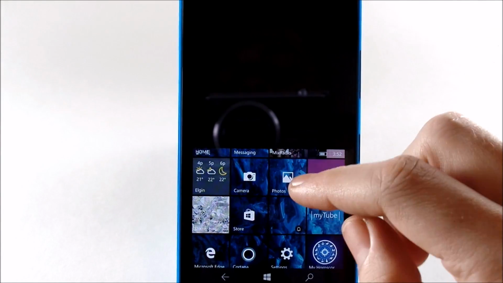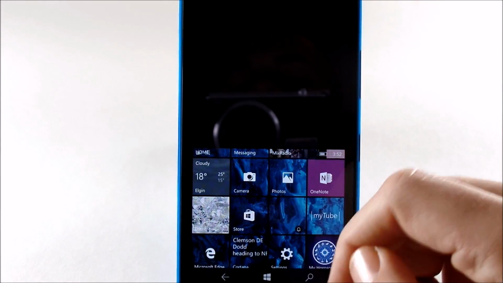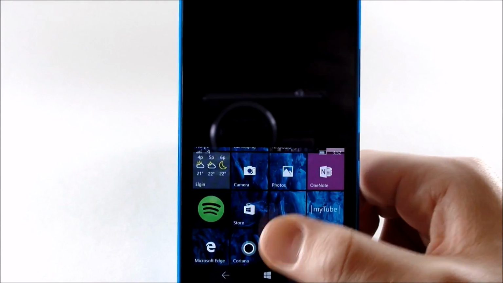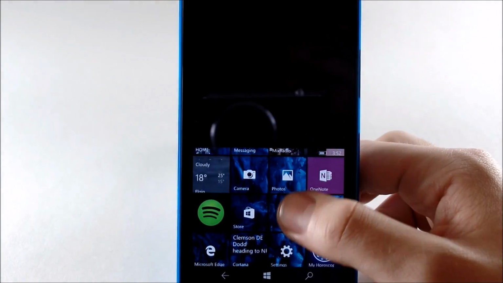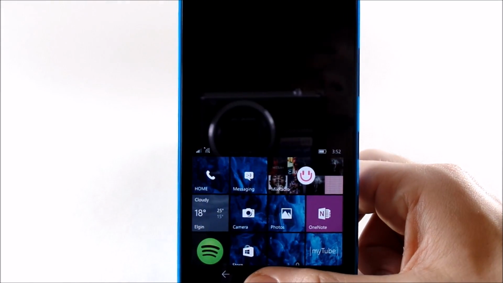Now, this is a technical preview, and I think Microsoft needs to do a little bit more work on this one-handed mode, because when you scroll like this, you don't really get to the edge of the screen. As you can see, if I hold it back up, in settings there are so many more apps down here, and when I hold it, it doesn't go all the way down. So it is a little bit of a broken feature, but I could still see where it could be useful